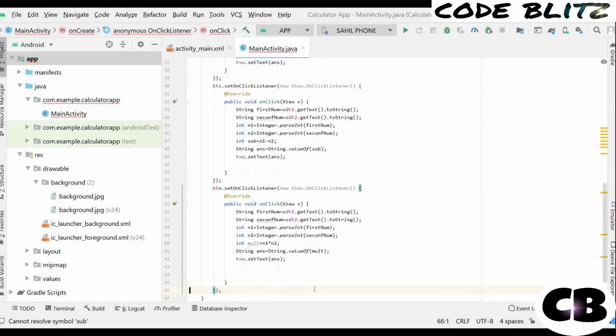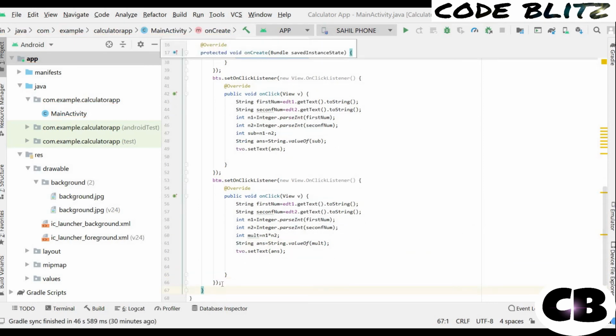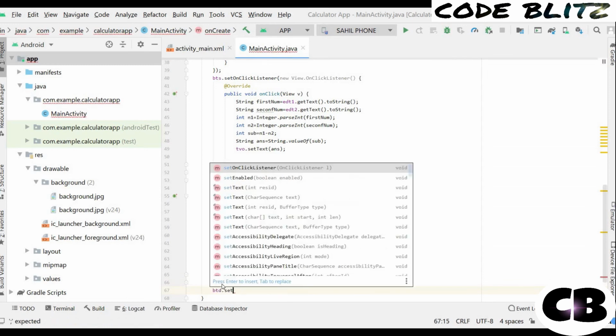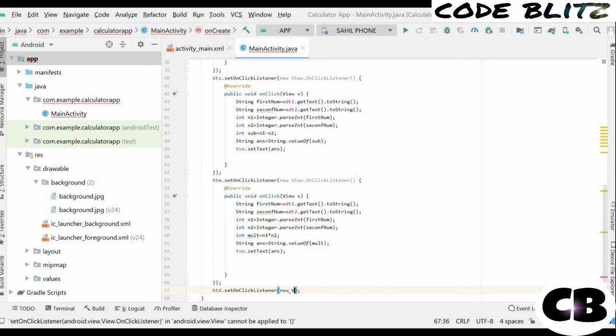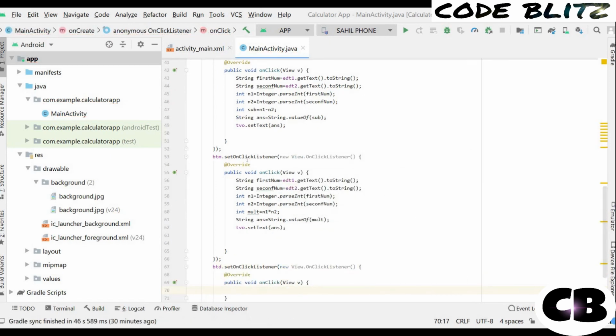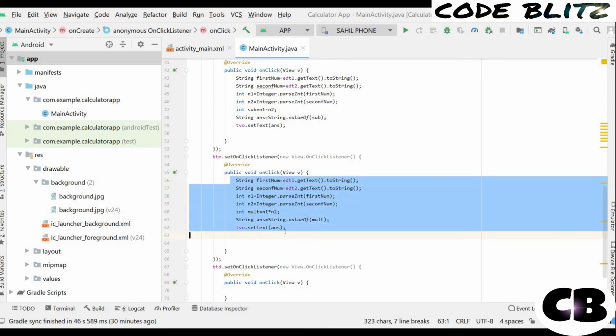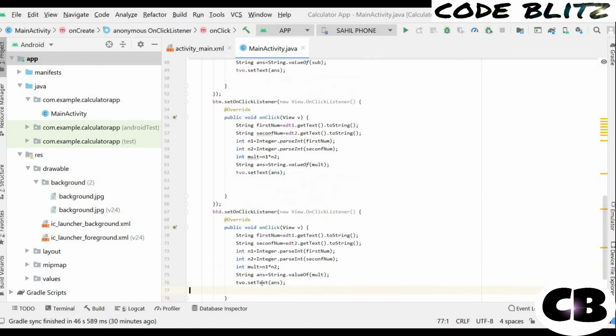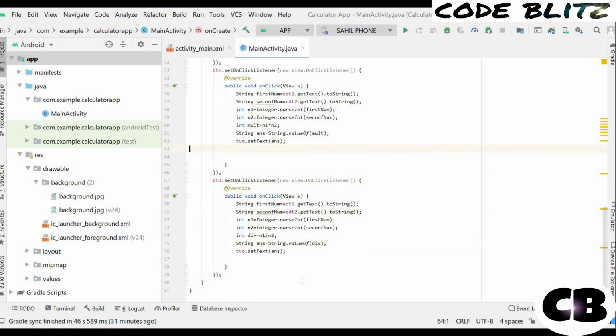Okay, that's it. Similarly for the last button, that was division, so btdiv dot setOnClickListener, new View, enter. Just copy the code, Control C, Control V, just change the formula: div is n1 divided by n2, String dot valueOf div, dot setText. Now the code has been completed.